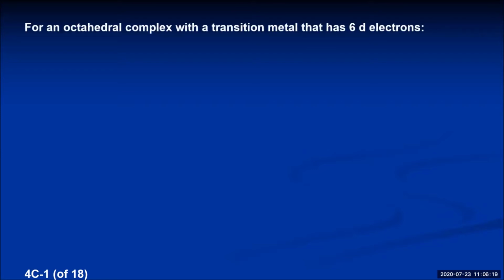This is lecture 4C. Last time we introduced crystal field theory in order to try to predict properties of coordination complexes. Crystal field theory assumes that the ligands in a complex actually affect the d orbitals on the central metal, and they cause the energies of the d orbitals to split apart into different levels to break the degeneracy of those. And we're going to talk about an octahedral complex today, and it's going to have a transition metal